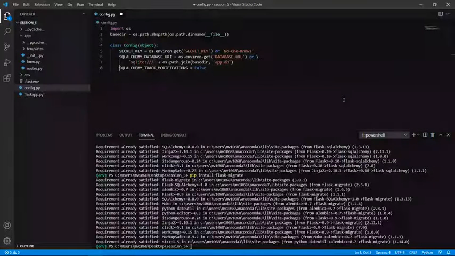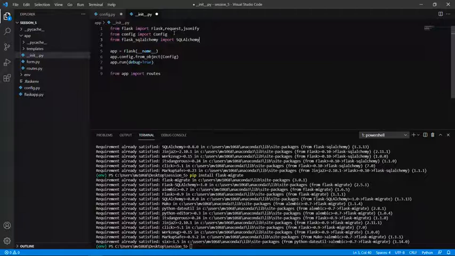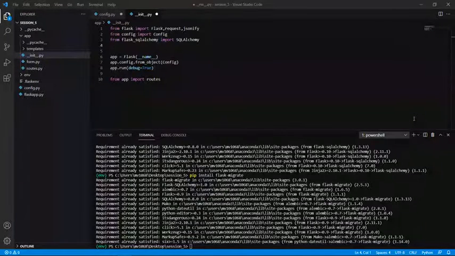Okay, so the next thing: the database is going to be represented in the application by the database instance, that is the instance of Flask-SQLAlchemy. For that, we have to go to our __init__.py. Here, first we have to import the packages. We already have imported Flask-SQLAlchemy, right? So we have to import that package, and then also we have to import this package. These two packages we have to import.